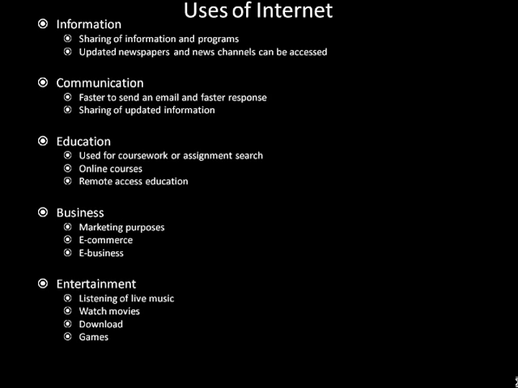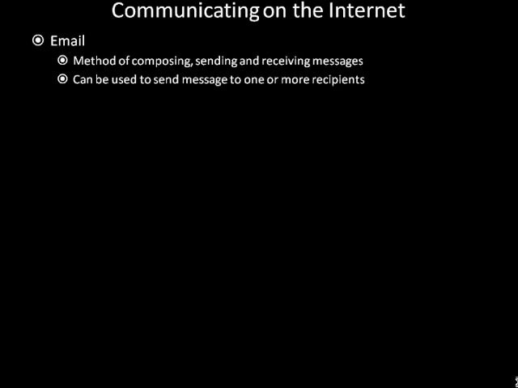Communicating on the internet. There are various ways of communication via the internet. These are described as follows. Email. It is a method of composing, sending, and receiving messages. It can send messages to multiple recipients by carbon copying the addresses of the recipients. It can also send a message that has attachments, and these include text, audio, video, graphics, or some other documents